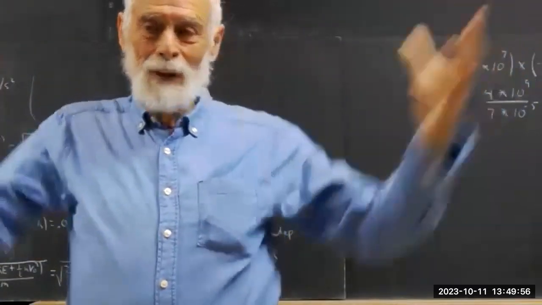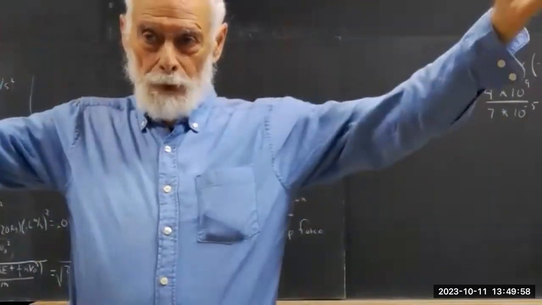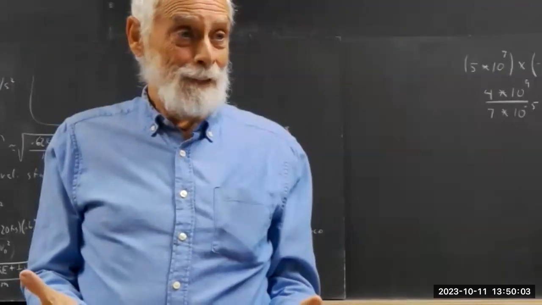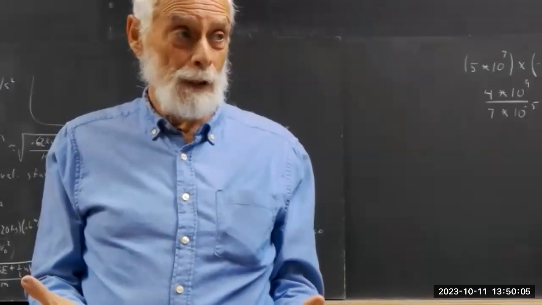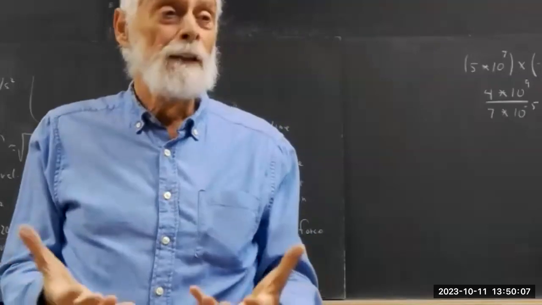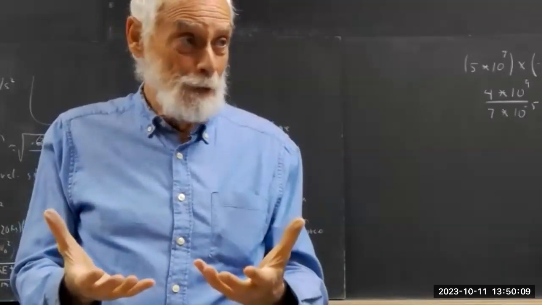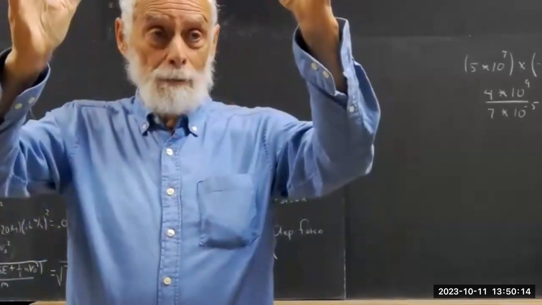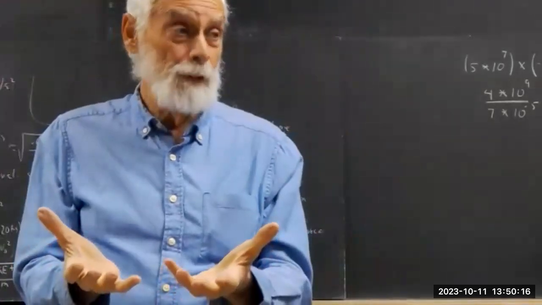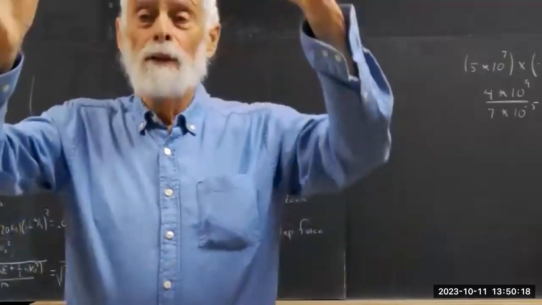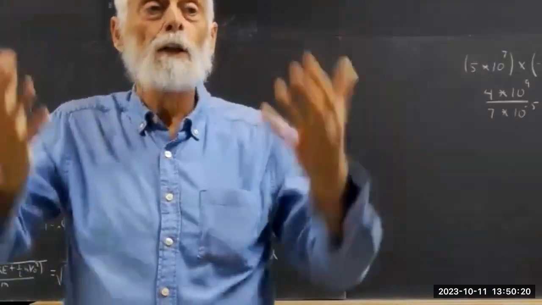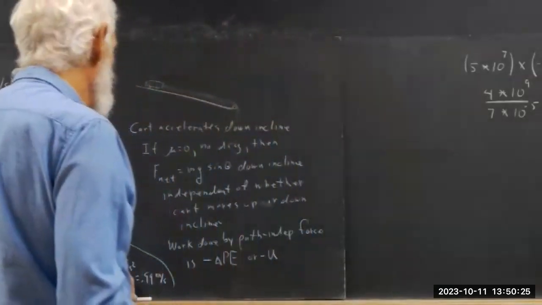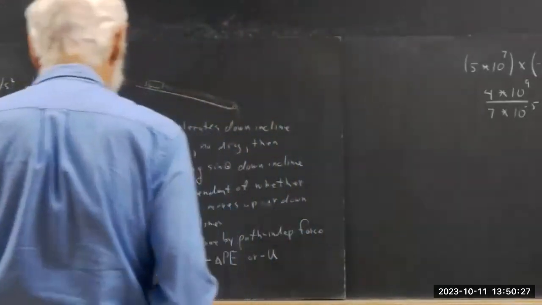So if I start here and lift it to here and then release it, when it comes back to here, and with my tennis elbow, I sure don't want my hands to be there when it comes back down, but when it comes back down here, all the work that I put into it comes back to me in the form of kinetic energy. We take this potential energy and convert it to kinetic energy. And we have this basic principle that